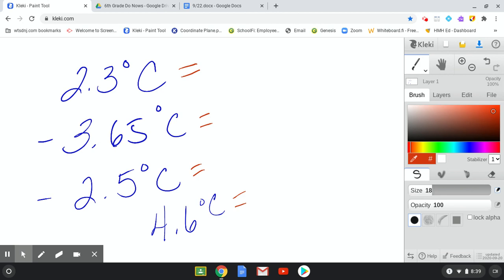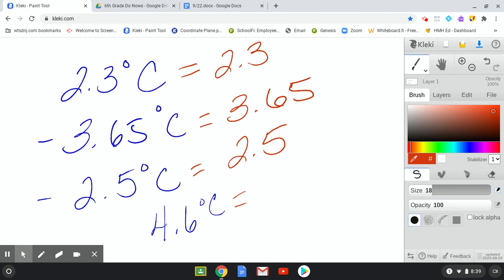So 2.3 degrees Celsius, the absolute value of that is going to be 2.3 because it is 2.3 units away from 0 on the number line. Negative 3.65 degrees Celsius, the absolute value of that is going to be 3.65 because it is 3.65 units away from 0. Negative 2.5 degrees Celsius, the absolute value of that is equal to 2.5 because it is 2.5 units away from 0. And 4.6 degrees Celsius, the absolute value of that is equal to 4.6 because it is 4.6 units away from 0. Absolute value can never be negative because distance cannot be represented